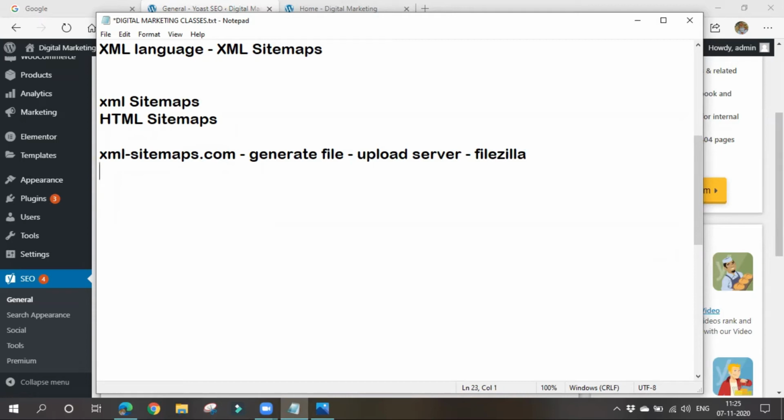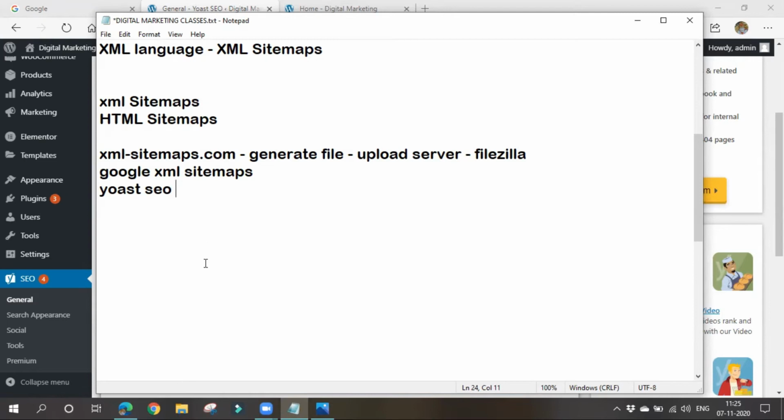Next, you can go to a WordPress site and go for a simple way by installing a plugin called Google XML Sitemaps, and your work is done. If you are using the Yoast SEO plugin, which most people use, install it and enable the feature called XML sitemaps. That's it.